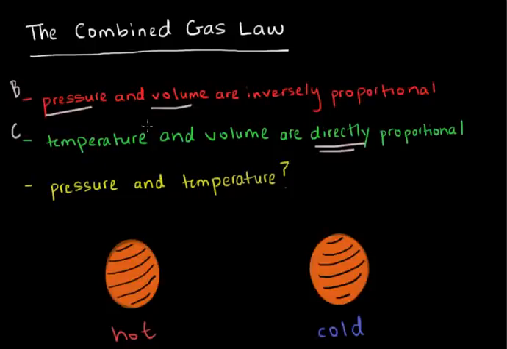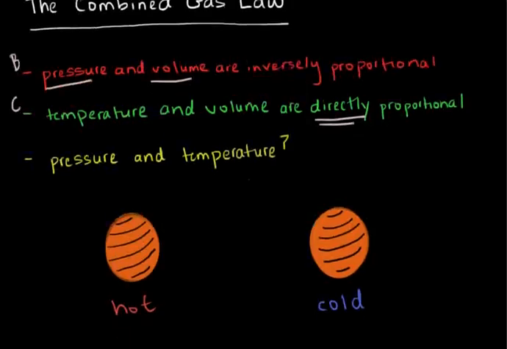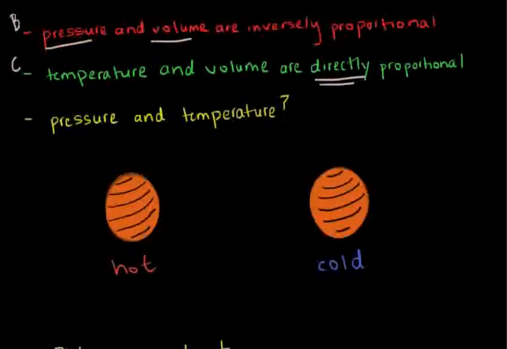But there's a third combination of these three variables, pressure, temperature, and volume, which we haven't yet explored, and that's pressure and temperature. So what happens to a gas if we increase the pressure, maintain constant volume? We want to ask what's going to happen to the temperature and vice versa. If we increase temperature, maintain constant volume, what happens to the pressure? And to look at this, we're just going to examine an everyday situation, which I hope all of you are